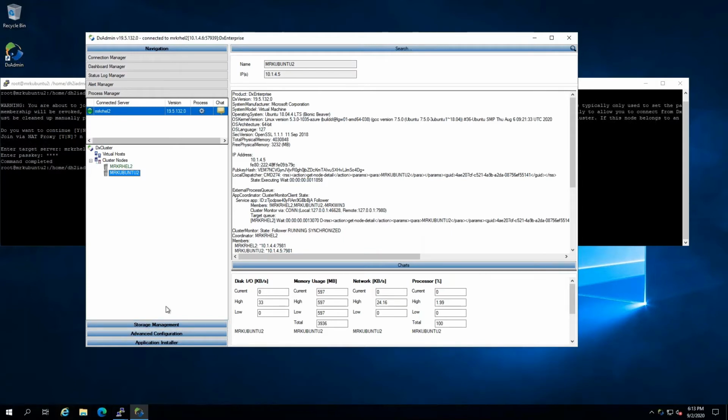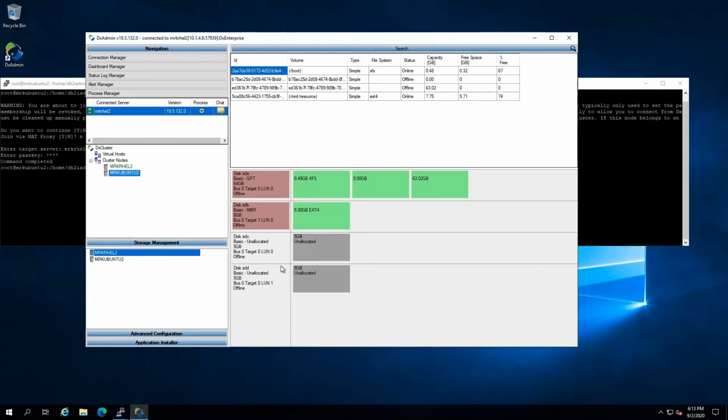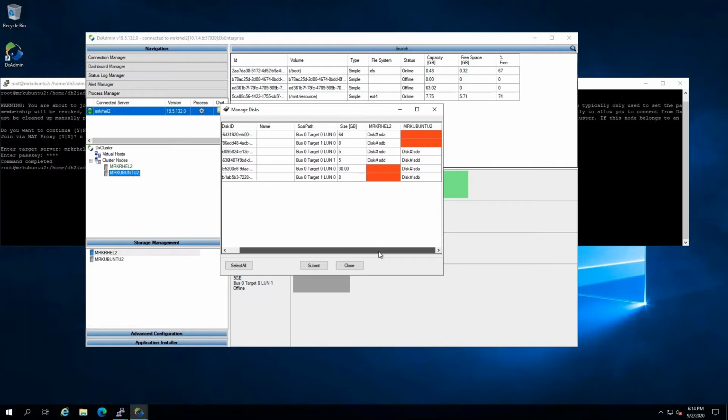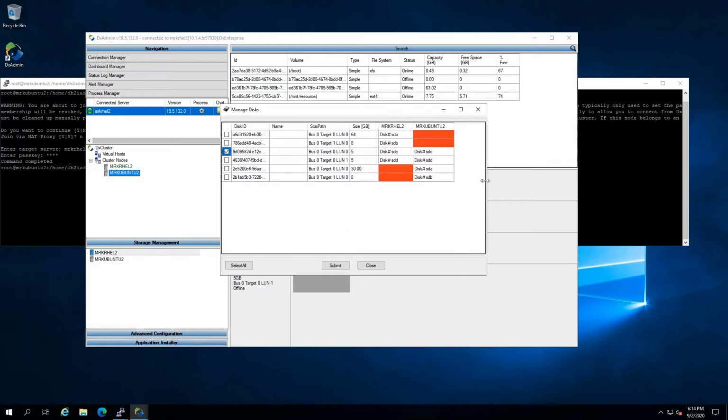Before we can add our SQL Server instance, we need to manage the disks that I've presented, so the Azure shared disks that I've presented to both of these nodes. DxEnterprise has its own storage manager here that we can use. So what I'm going to do is manage this disk. I'm going to right click and say manage and select the checkbox next to the disk that I want to manage. And you can see here where the disks have been presented already. I've got these two 5 gig Azure shared disks that I've presented to both of these nodes. So I'm just going to manage one of them. That means just put it under DxEnterprise management